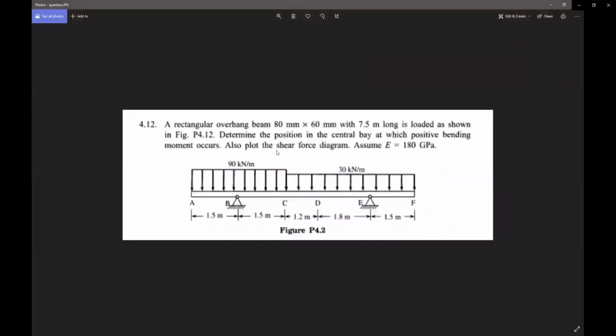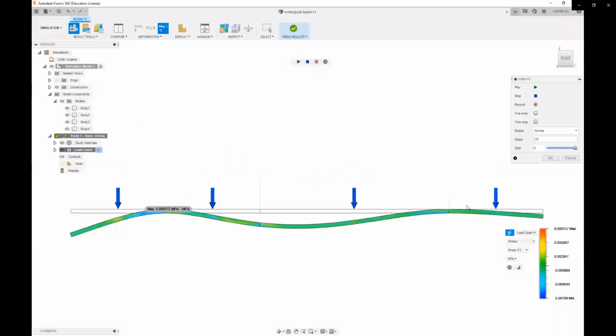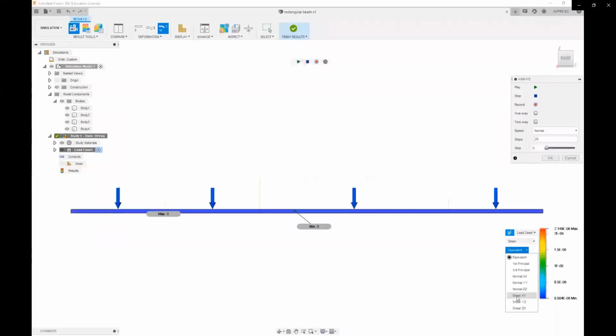The problem's constraints and requirements are applied in the Fusion 360 software, and then the result will be established. Okay. And then if you need any strain value, like stress, strain, or shear stress, just click on that and you can see it.